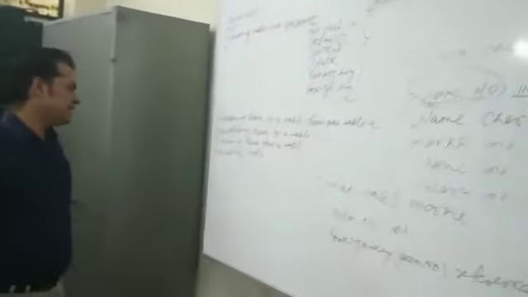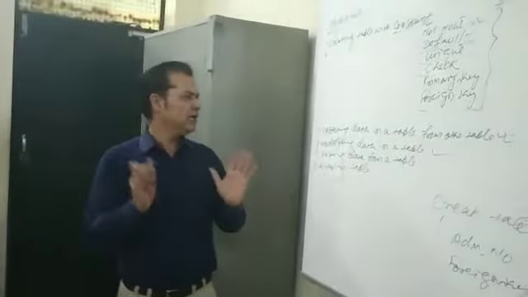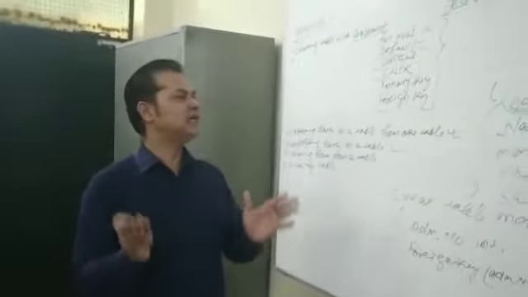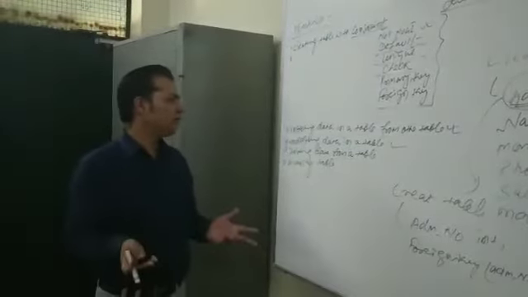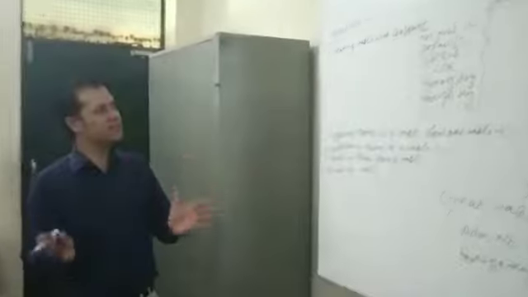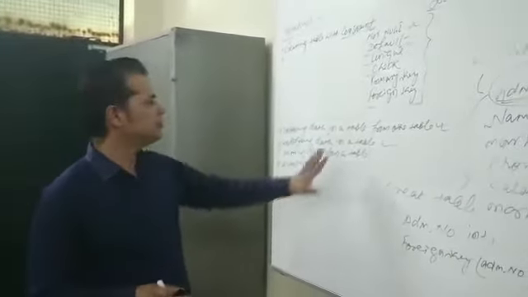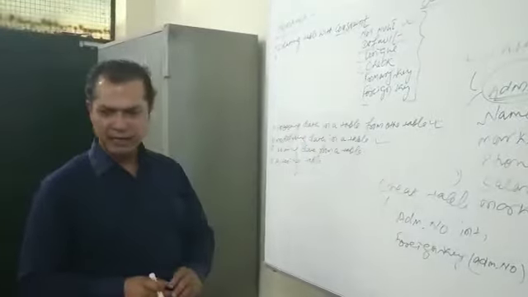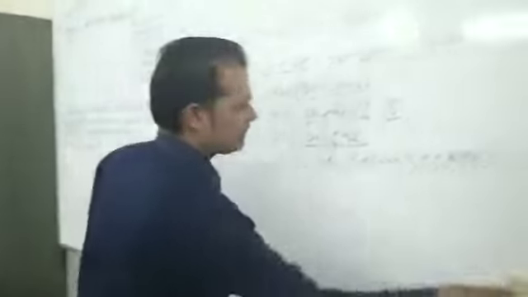Then the next point is inserting data into a table from another table. You have already seen the command to insert data in a table. That's easy: insert into table name, then the values, and each value is separated by a comma. If the values are in text form, then put them in quotes, otherwise without quotation marks. This is how to insert data into a table. Now today I'll show you how to insert data in a table from another table. Let's see.